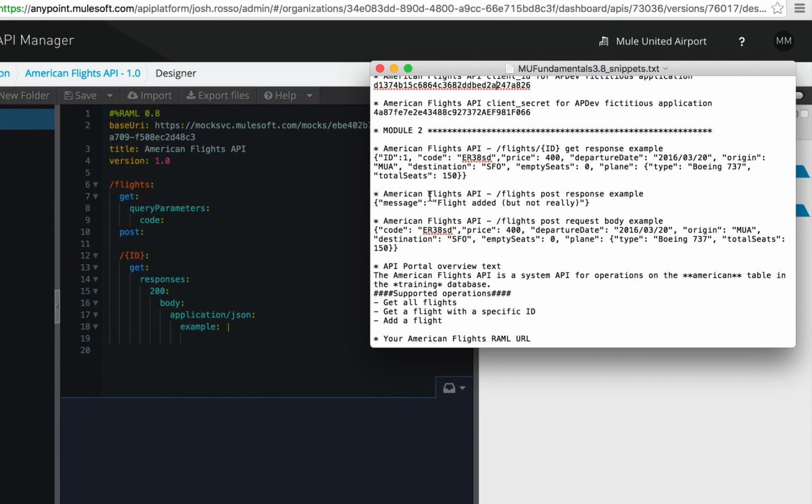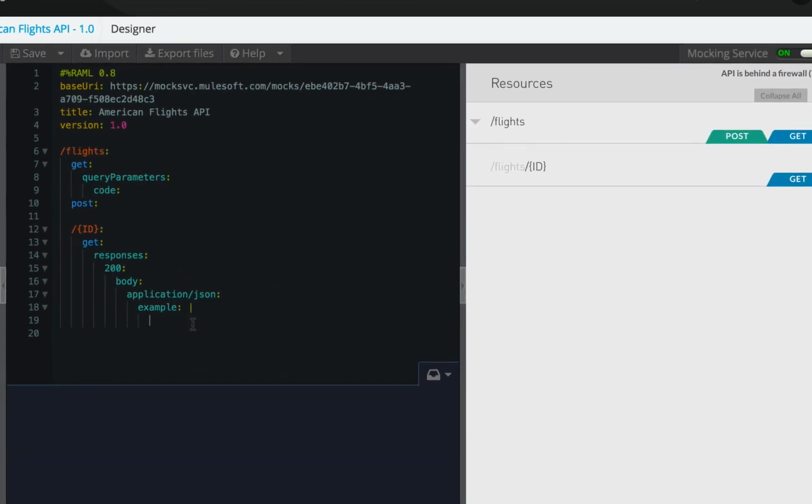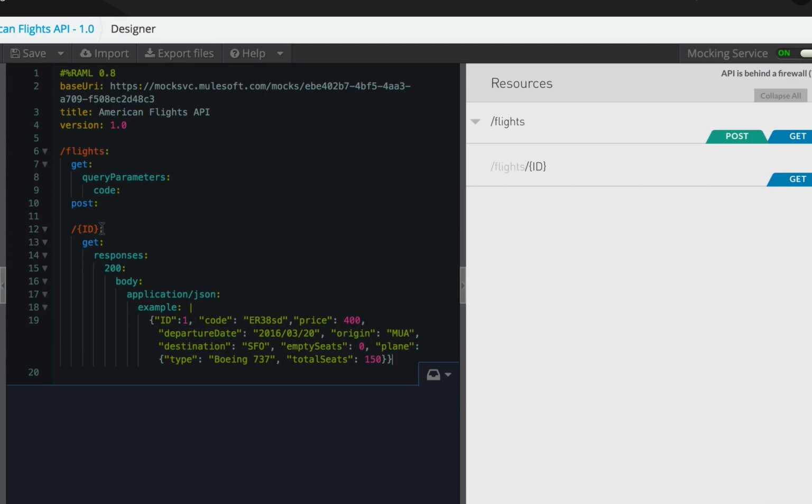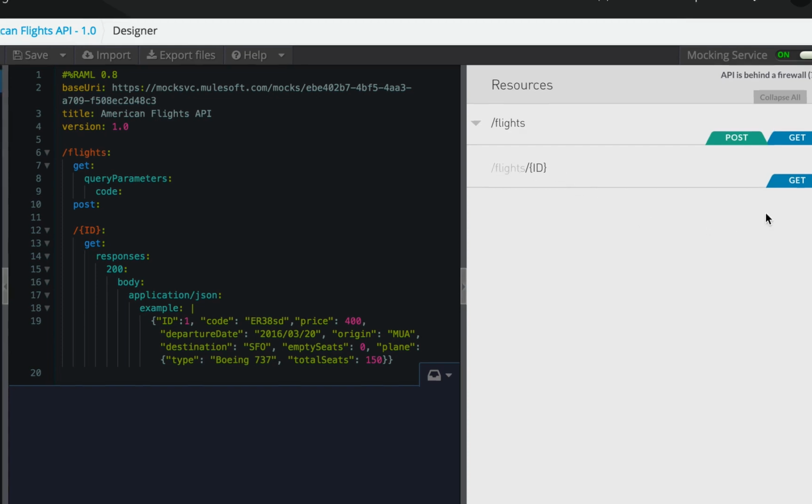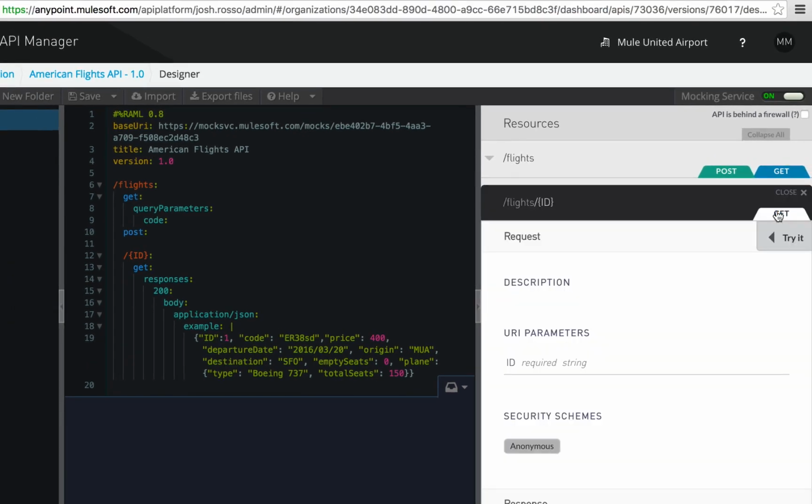Back to the student snippets, you're going to see inside of here an example for American Flights API, Flights ID get response example. Let's copy that in and let's paste it in. So now we have an example for this specific method on ID. We'll save our project so far, and let's see what exactly this impacted. So now if we go over from Flights ID and click the Get tab,